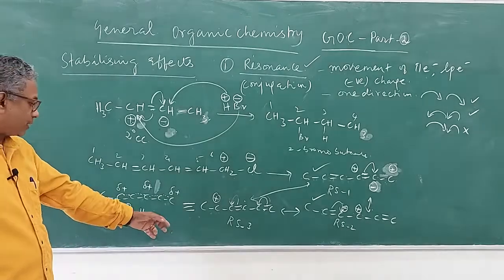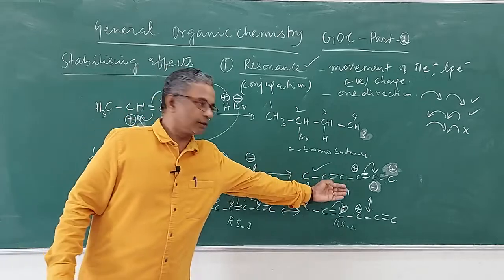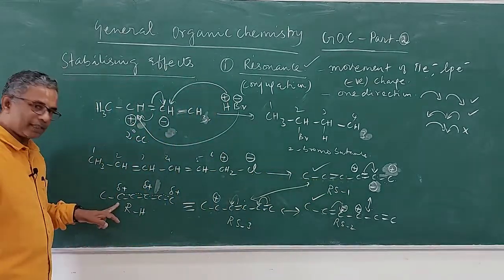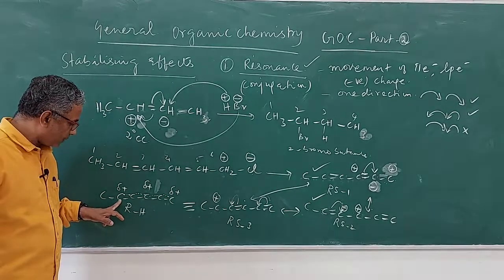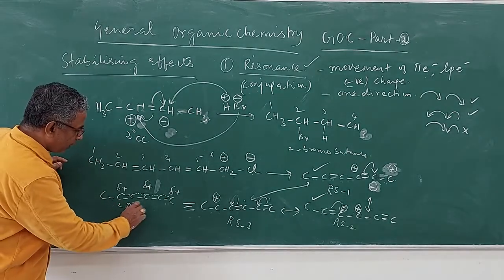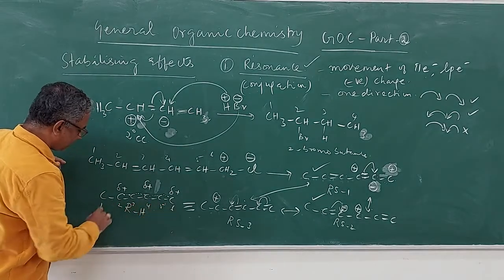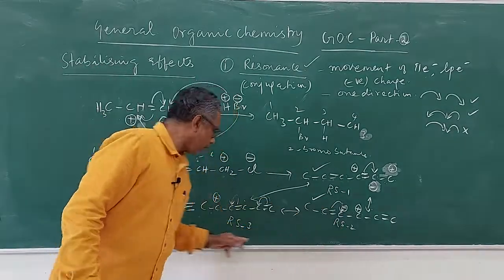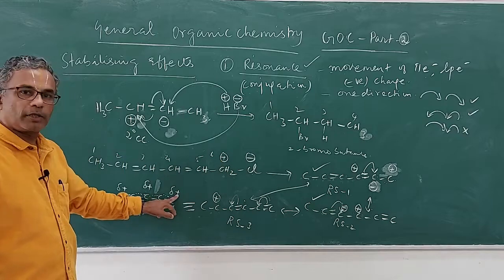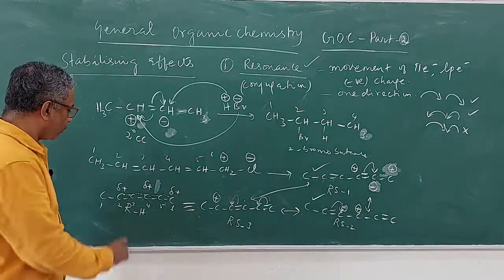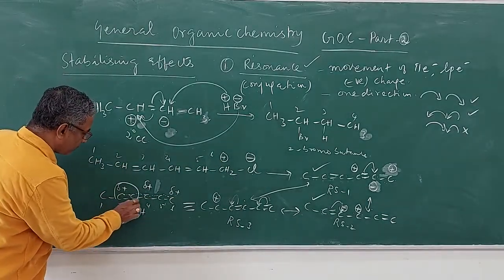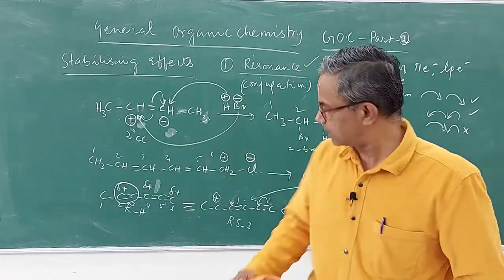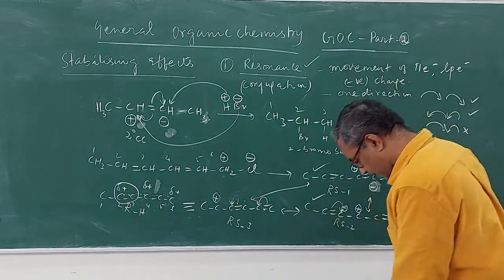So what is a resonance hybrid? It will incorporate the features of all the resonance structures present here. As you can see, the bonds between carbons 2, 3, 4, 5 and 6 all have a partial double bond character. Now if you want to find out the number of bonds present between any 2 carbons in this molecule, you can draw the